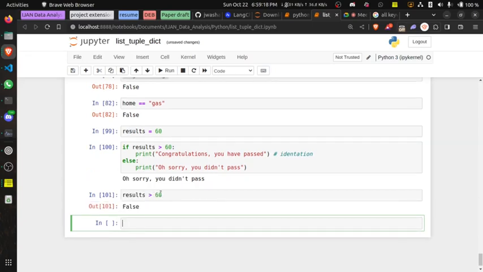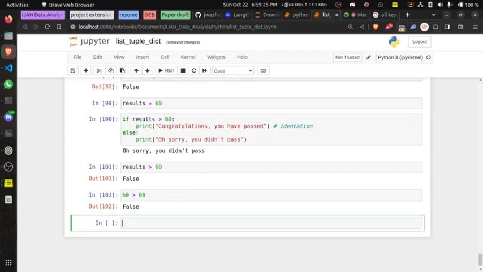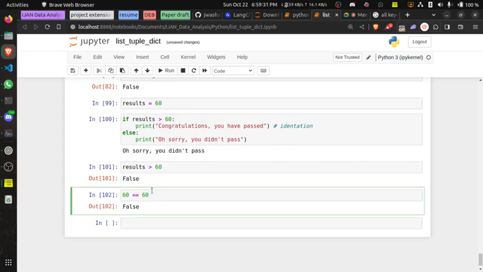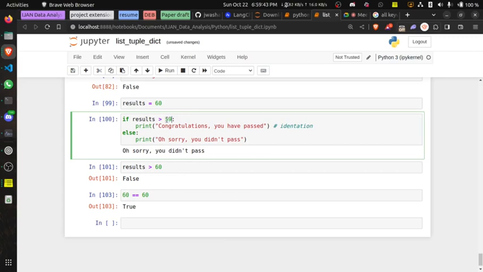That means 60 is not greater than 60, but 60 equals 60. So in that situation, you need to include 60, unless you have it like is results greater than 59.